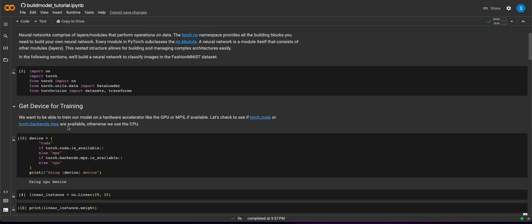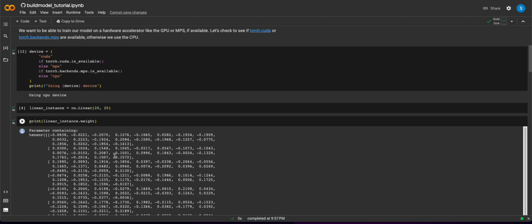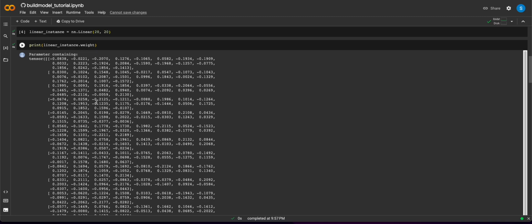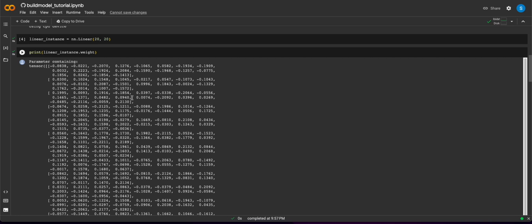Right, so you can see we have 20 by 20 weights that are applied to each input. So this will be multiplied to the input, and then the biases get added to the input. You can see we have numbers here from -1 to +1, and these numbers are random at the moment. Initially, these numbers will always be random, and then as you do a forward pass, you check the output to your